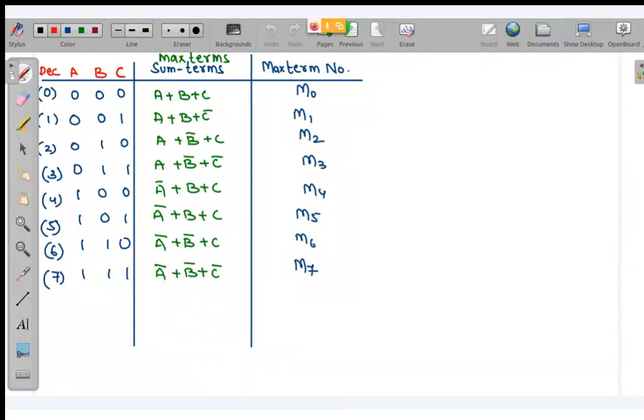Okay, in our next class we are going to see more things about SOP and POS, and we are going to start K-map. In that we are going to solve a lot of questions. Okay, so then I will be ending today's session. If you have any doubts, please